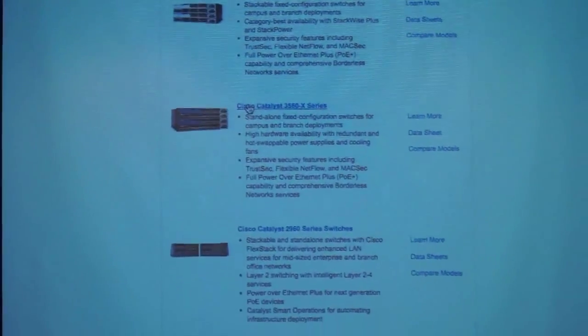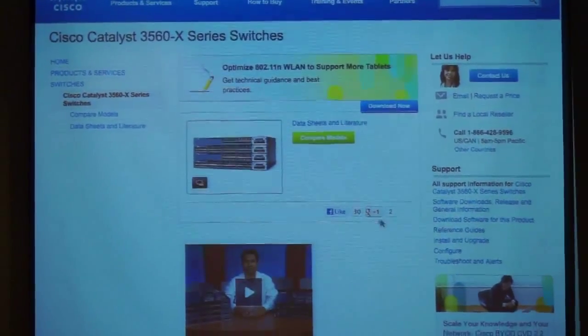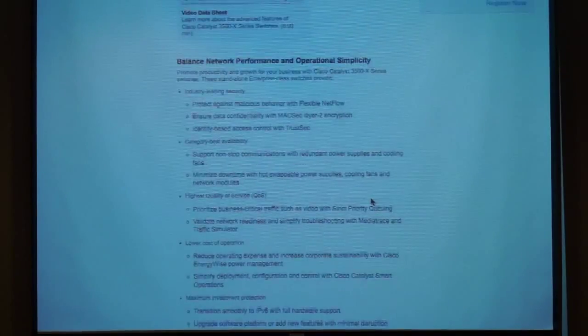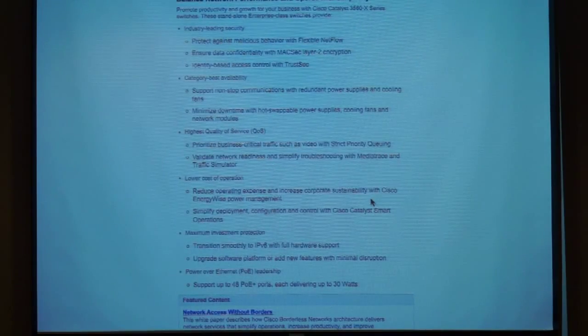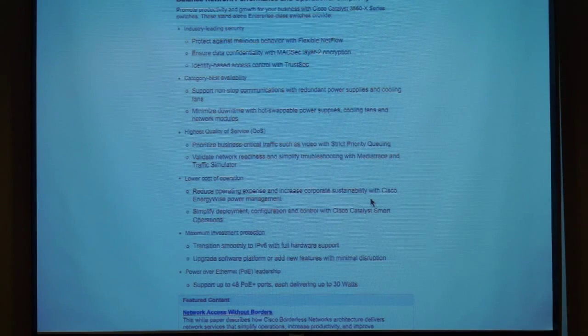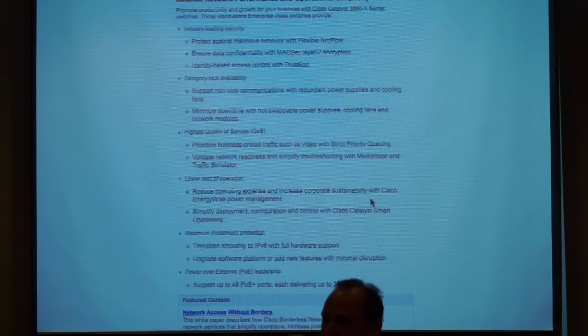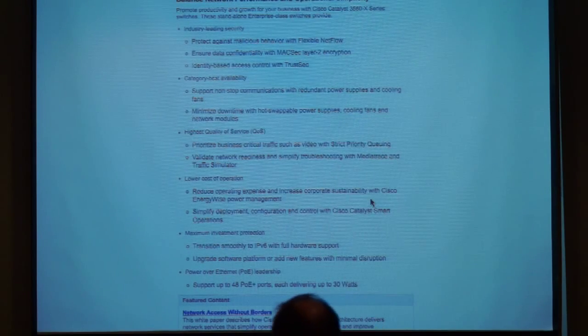So let's step up and look at the 3560X, the 3560 switches. Let's look at what we say about these switches. First of all, built into all these switches, the 3000 and above, there are some other things we've added. How about security?